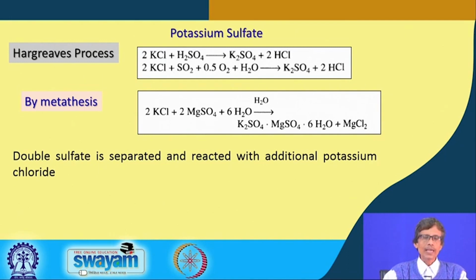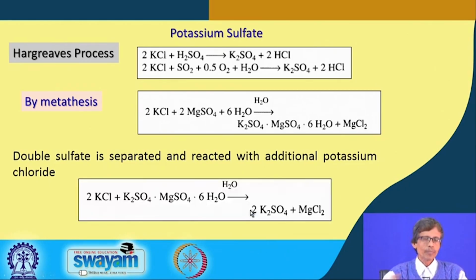You can get that, again you have the magnesium source, again you have the potassium chloride source. Only thing is that for the next step, you can have a certain amount of sulfate salt. So in between, as an intermediate, you have this double salt, and that double salt is further reacted with the starting potassium chloride. So the starting potassium chloride is reacting, and when the entire amount of sulfate anion